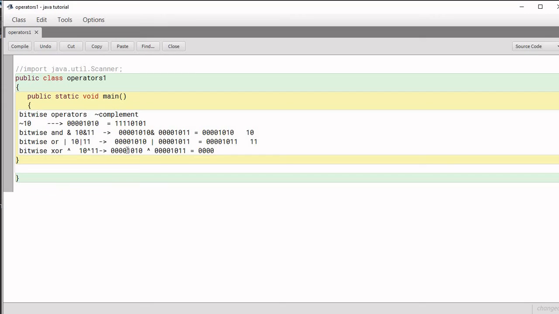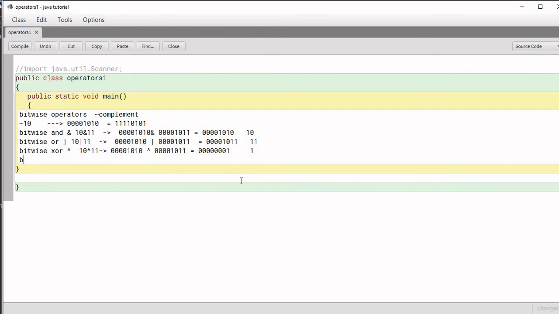Now see this 1 here and this 1 here. Both bits are the same, so the answer will again be 0, and likewise 0 for the next. But in the least significant bit, the last bit, there is 0 here and 1 there. So both bits are different, so it will be 1. So finally the answer will be 1.